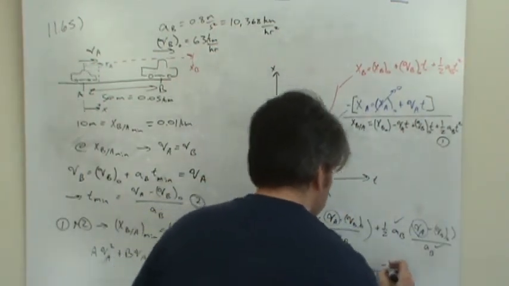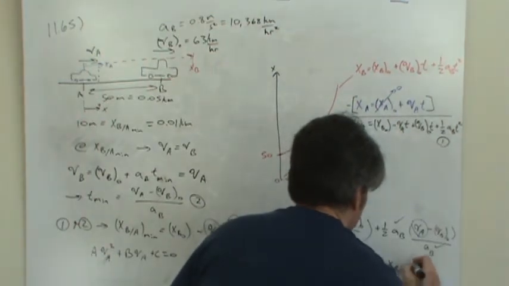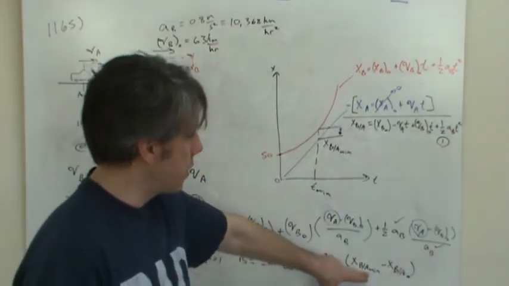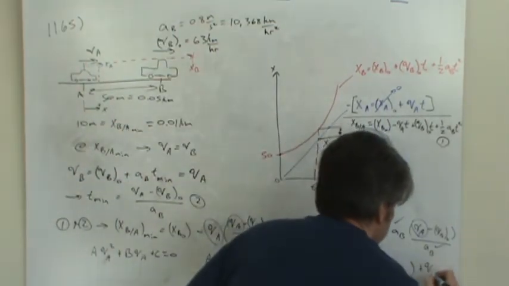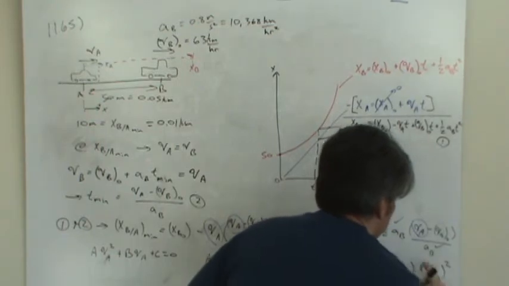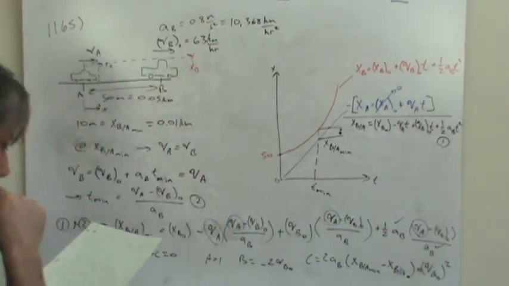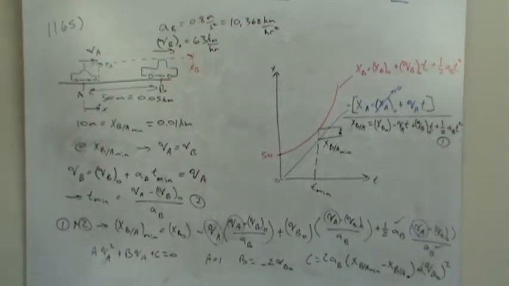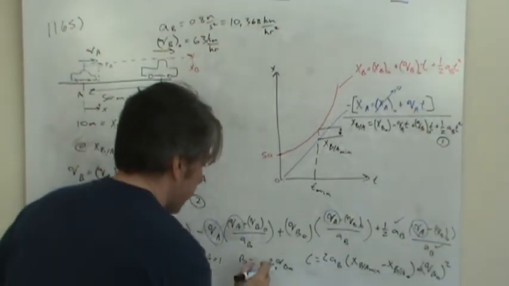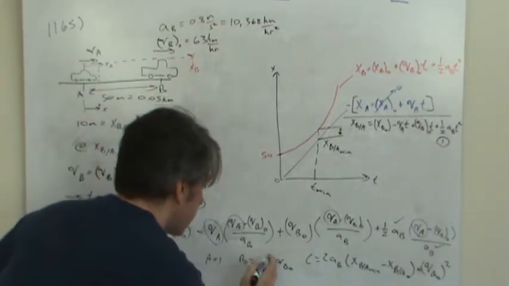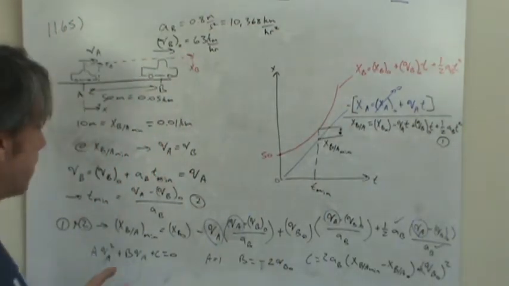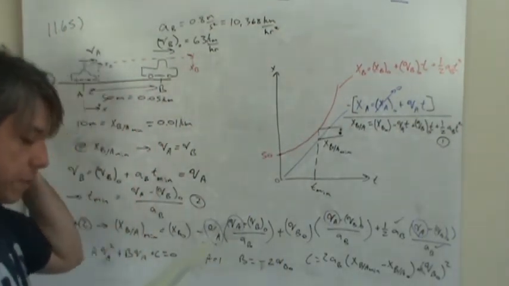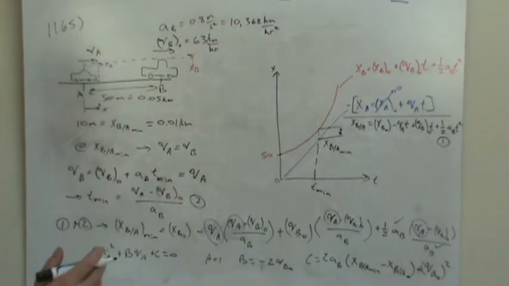minus the initial separation distance between the two. So this is the 10 meters, here's the 50 meters. And then finally plus velocity of B initial squared. Pardon me. So here's your A, B, and C. That's a negative sign there. Try again. There's A, B, and C, and once you plug in the numbers, you'll end up with the coefficients for a quadratic equation. When you finally solve it, what you'll find is that the velocity of A, I'm sorry,